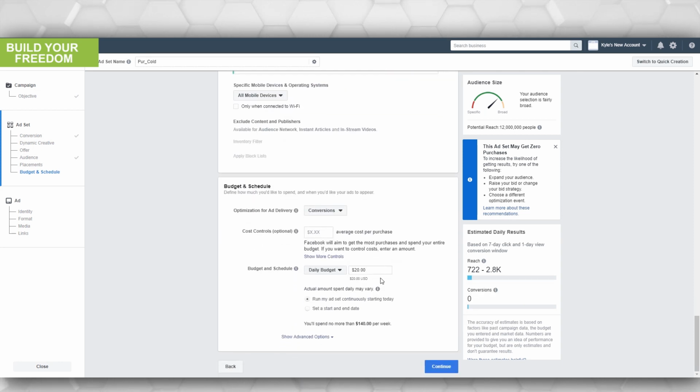Now, here's the point you've been waiting for, in terms of budget. What I will say is that Facebook is an auction-based platform for advertising, so typically the people that have the higher budgets are usually winning the auction and they're getting it shown to more people. But this is a low budget video, but I will make that point. So as this is working for you and you're getting higher budgets, I don't want you to continue using a low budget strategy, because you're going to get better results at the higher spend. Within reason, use that to what it is,